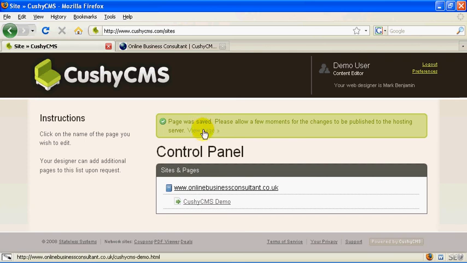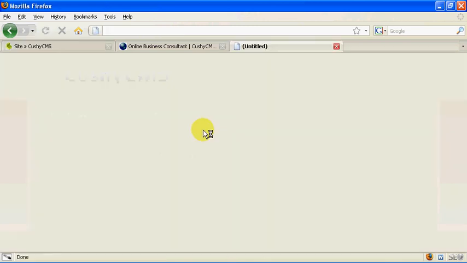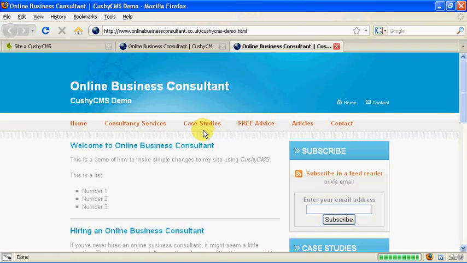It also provides a link to view the page, which I highly recommend that you do. If I click on View Page, it opens it up in a new tab. Now I can see straight away the changes that I've made are displayed to me on screen here. We now have the title CushyCMS Demo at the top, the new text that we typed in, and also that